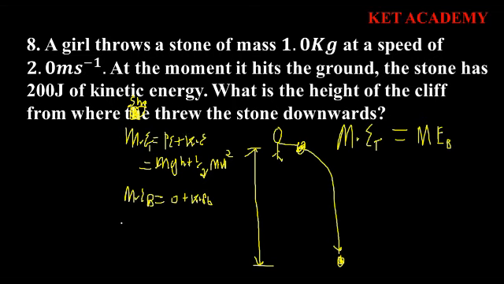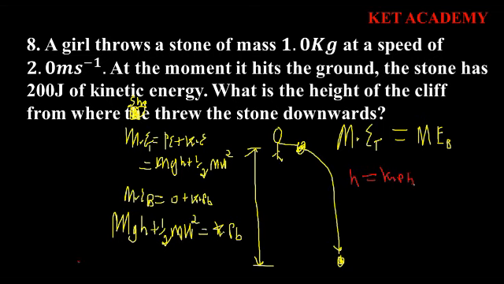Now equating this, we are going to have mgh plus a half mu squared equals KE at the bottom. So we're looking for the height, we're looking for h. Making h the subject, we're going to have h equal to the kinetic energy at the bottom minus a half mu squared